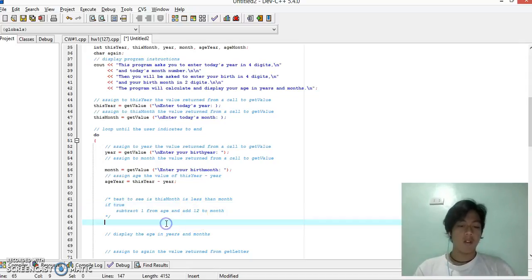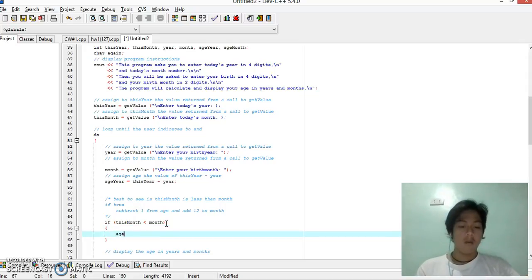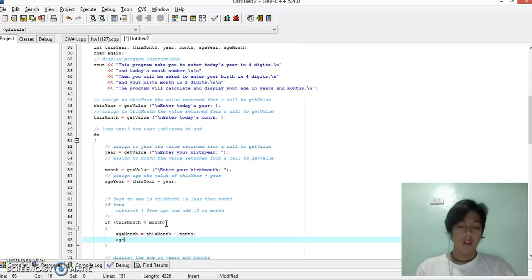So we have a condition: if thisMonth is less than month, eachMonth is equal to thisMonth minus month plus 12.